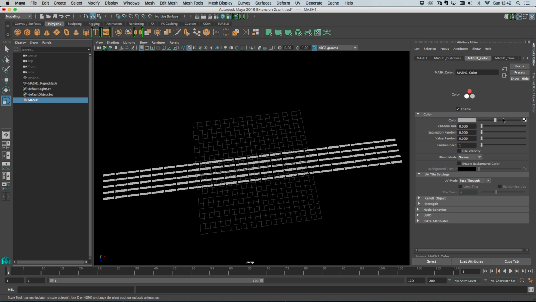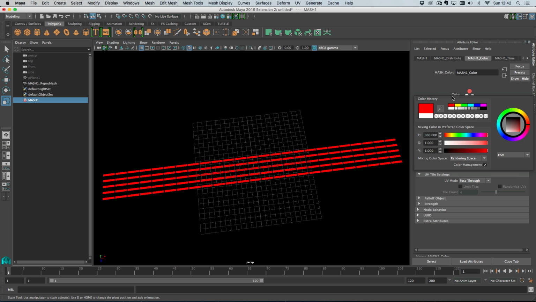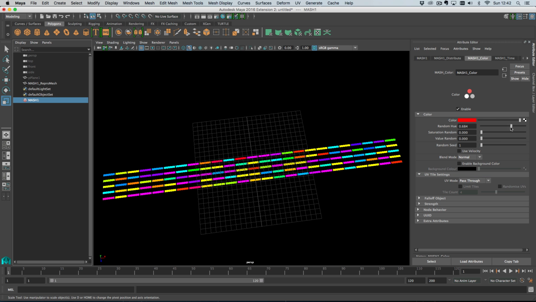And then obviously we can set our colors, so we can set this to be something like red, and then we could do random hue or whatever, and then saturation and so on, and we could just change the random seed to get a cool fun effect. I say cool fun effect, that's rather nauseating. So that done,